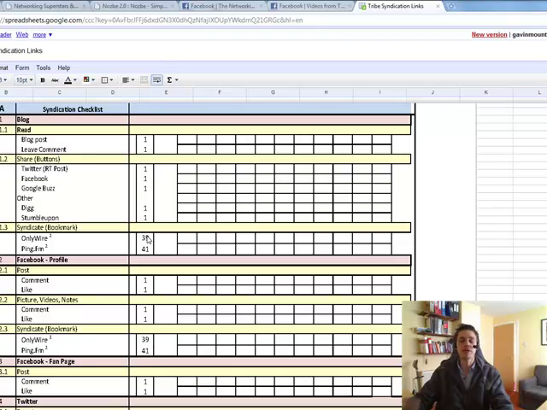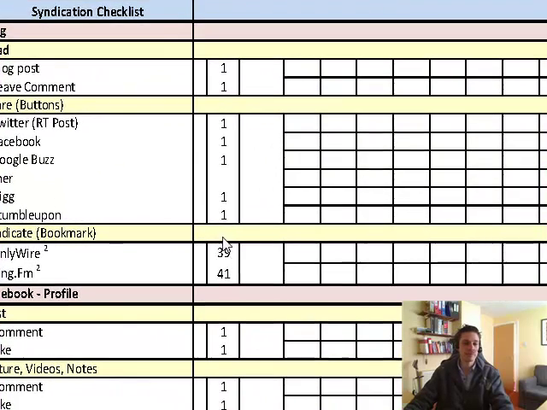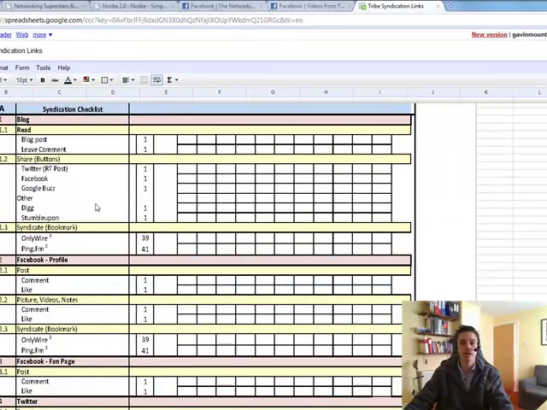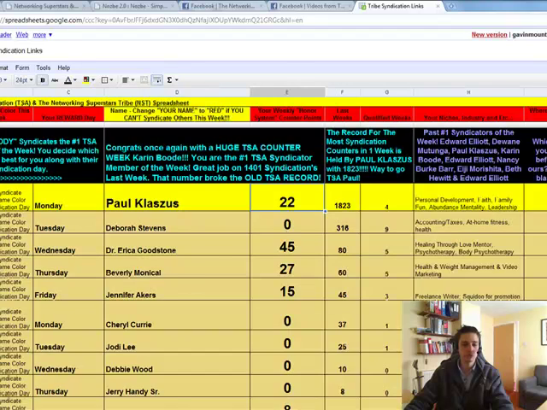So for each person's blog that you go to, potentially you could get up to 50 syndications per person. Now, as a minimum, you can probably get 39 by pressing 1 button on OnlyWire and submitting your content to all of those websites. And then what happens in the spreadsheet, coming back over to this part, just very quickly,